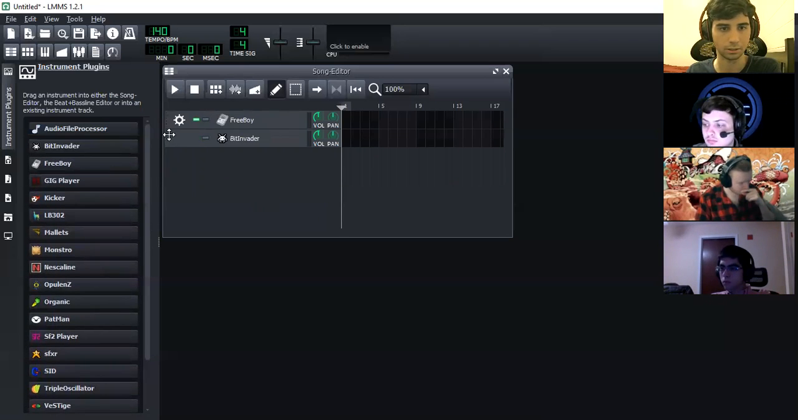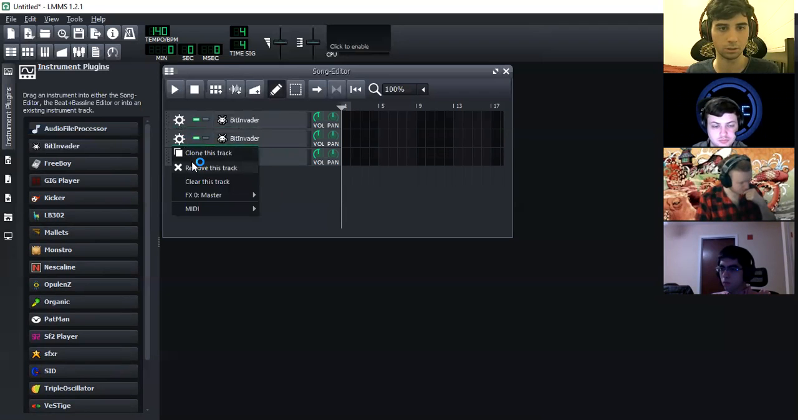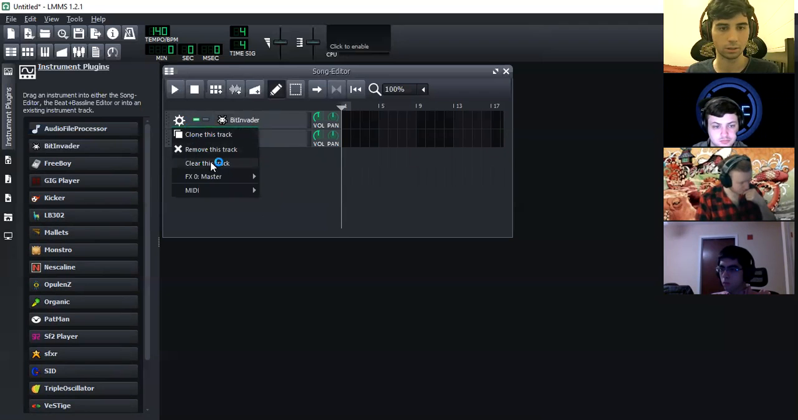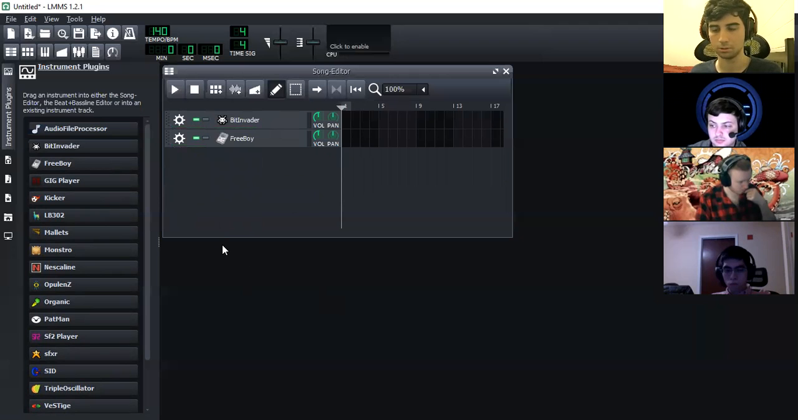If you click these dots, you can move around the order, so you can swap some around. You can click on the gear and you can clone it, so you can have 2 Bit Invaders. You can clear the track. You could do an FX channel, which I'll go into in a little bit, and a MIDI, which is if you have a MIDI controller, you'd have it go through there